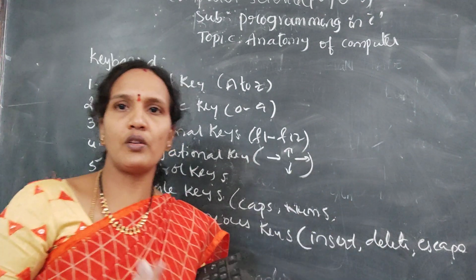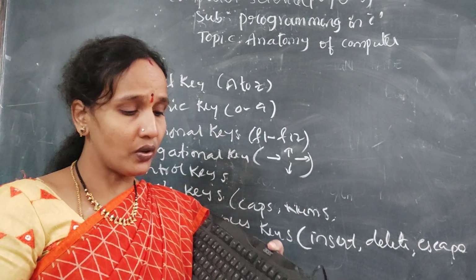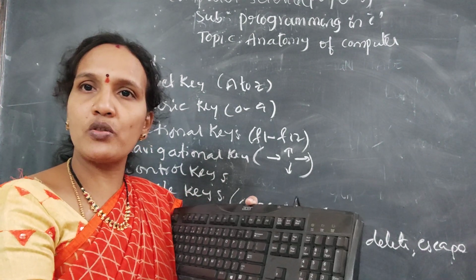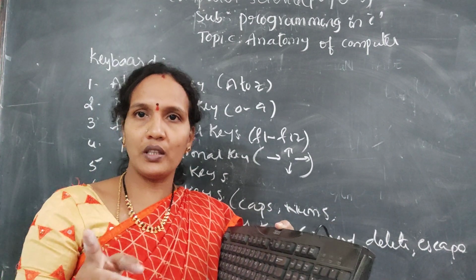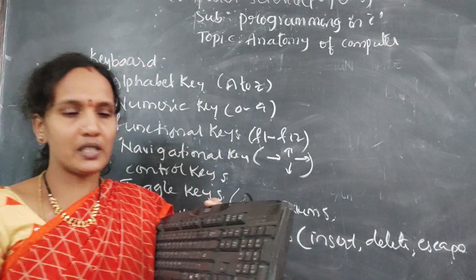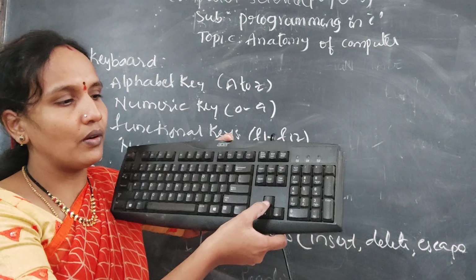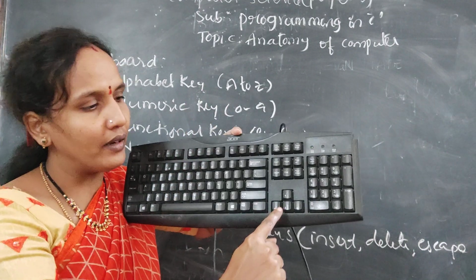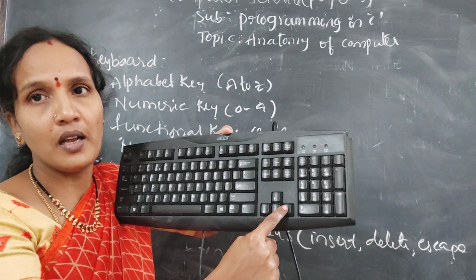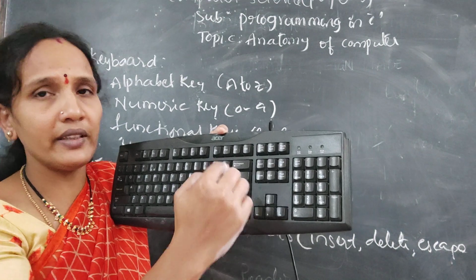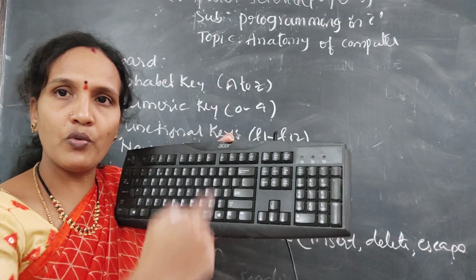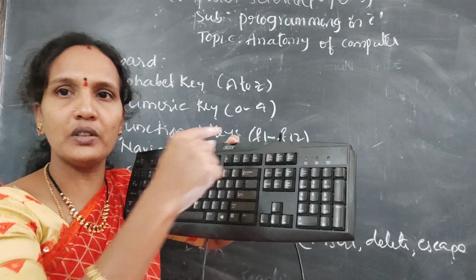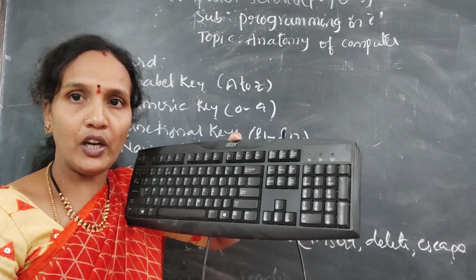Understood? Navigation means what? Moving from one place to another place. So here we have 4 navigational keys which help the user to move from one place to another place. In 4 directions the user can move the mouse pointer, cursor on the screen. This up arrow is for moving the cursor pointer up, and this for the down, this is for the left, and this is for the right. Page up means directly from the current position your cursor will move up to the first line of the page, and page down means it will move the cursor pointer to the end of the page.